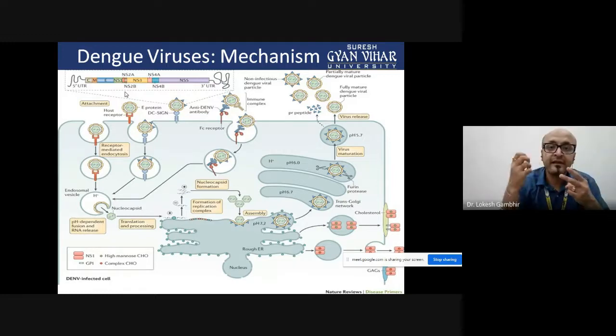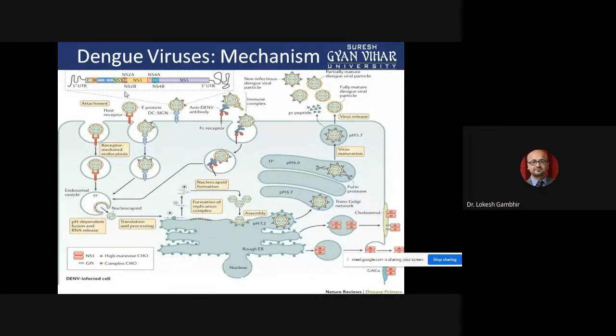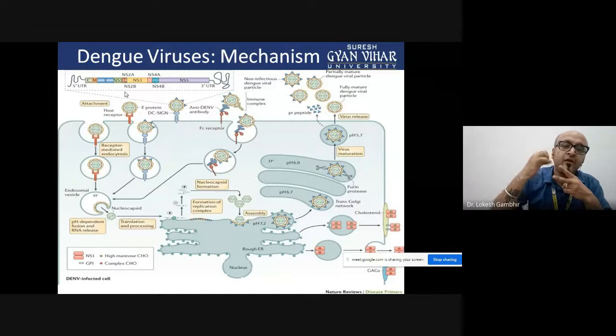The ligand is nothing but the E protein which is present on the surface. The E protein is responsible for attaching the virus. So the attachment part is mediated by the E protein. If you want to inhibit the attachment by using a certain compound, you have to design a competitor of this E protein. Now this E protein and the other one should compete with themselves in order to bind to